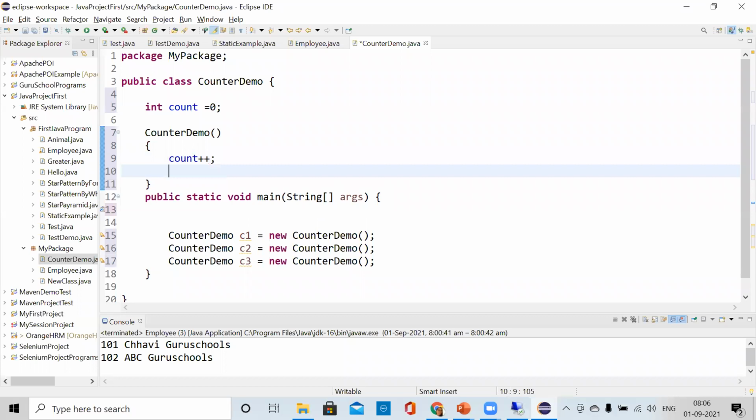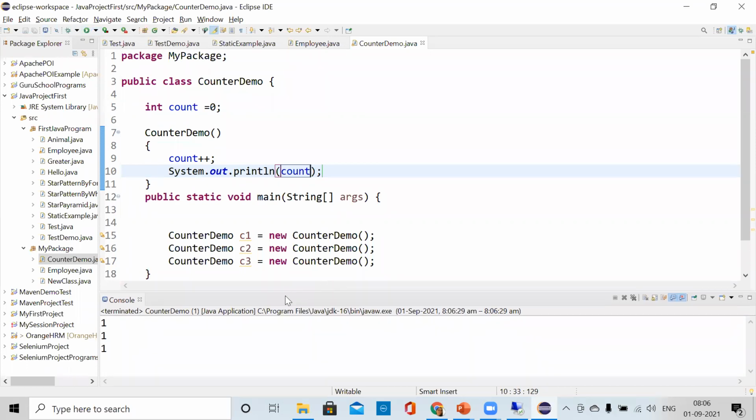We are incrementing the count and just printing the value of the count. So what will happen if I execute the program? It will give 1 1 1.